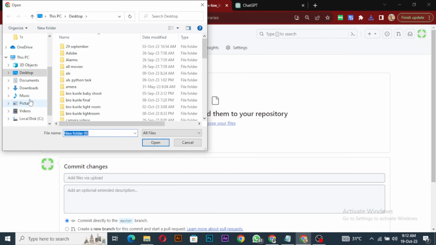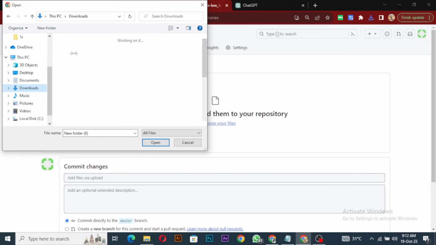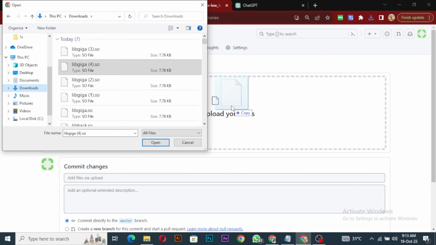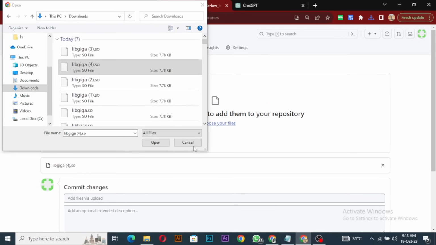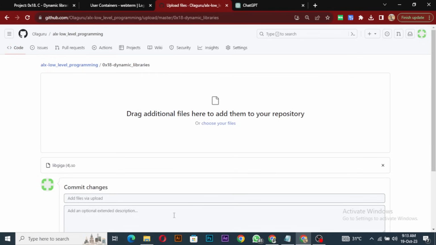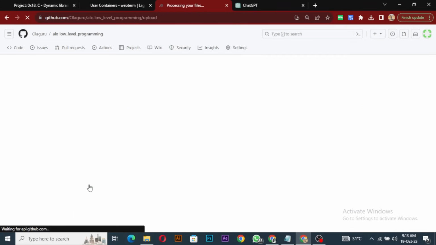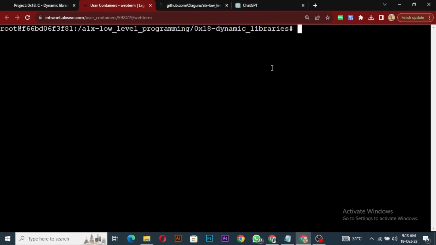Okay, so downloads, so we have giga 4, right? This is what we just uploaded, so I'll post it here. I dragged it already, so look at it, giga 4, right? So I'll say vi upload. I'm just putting that there so you can put anything so I can know that it's the one. Commit changes, and that's all. Okay, so I'll come back here, I'll git pull,